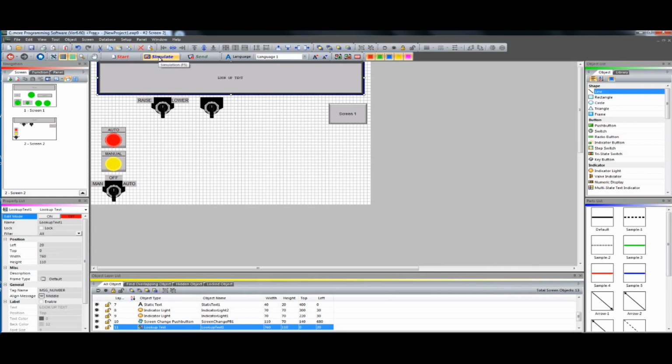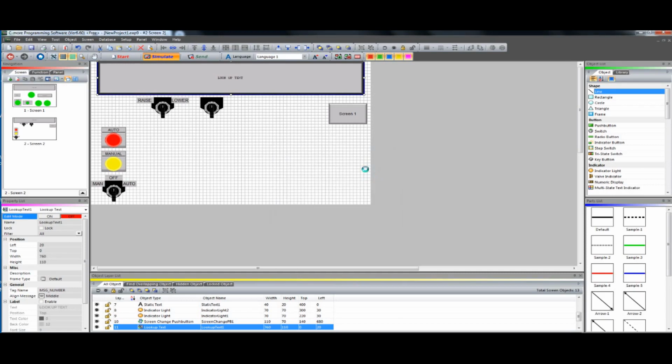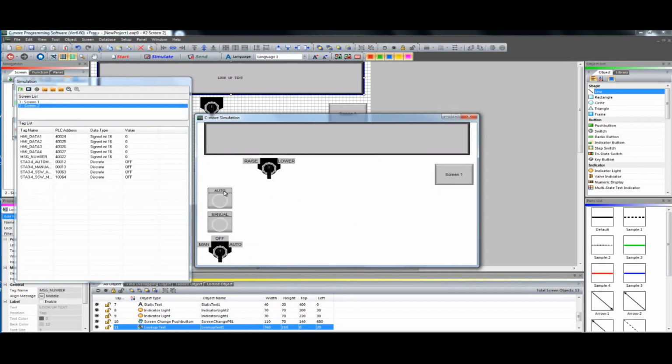So if I hit simulate, my target panel is this type. Hit start. Comes up, and here's my first screen with a bunch of hello world stuff. You've seen some of it in a previous video. I just hit the screen 2 button, which brings me to screen 2. Now, simulate right here. So I can turn on and off the auto indicator, as you can see, the manual